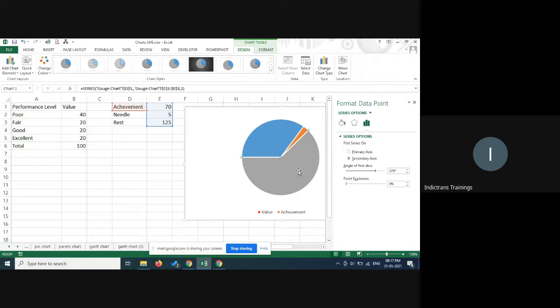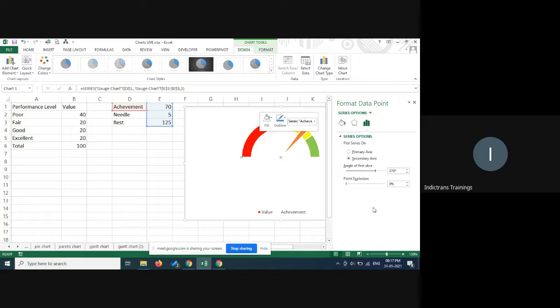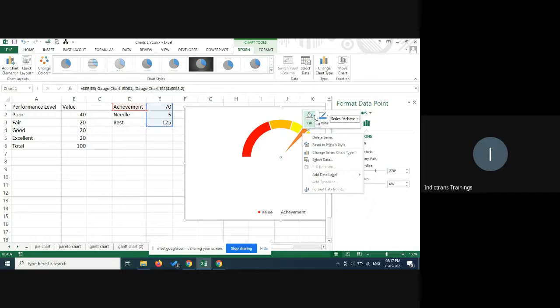But this time I have to do no fill for the two pies. So let me do no fill, and I click on this pie also and do no fill. Okay, and this pie you may want to make black.